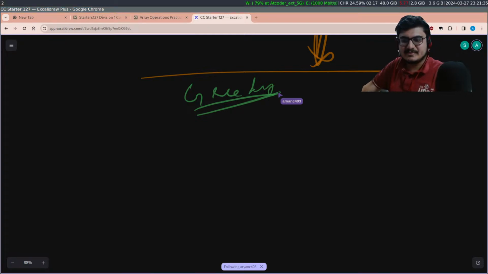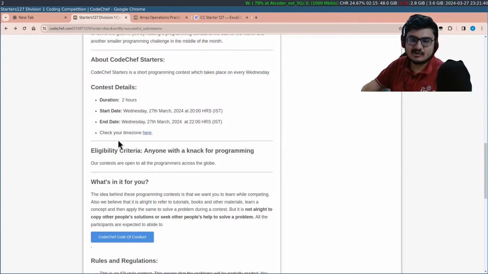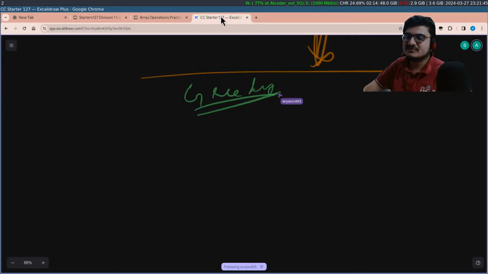Is it good practice to submit WA? It depends on the contest. There is no penalty in this contest, at least as far as I am aware, so it's good. But if you look at Codeforces, your points decrease for each wrong answer, so it's a bad idea to submit there. In Lunchtime and Starters, there is no penalty for submitting a wrong answer, so you can always test your ideas.